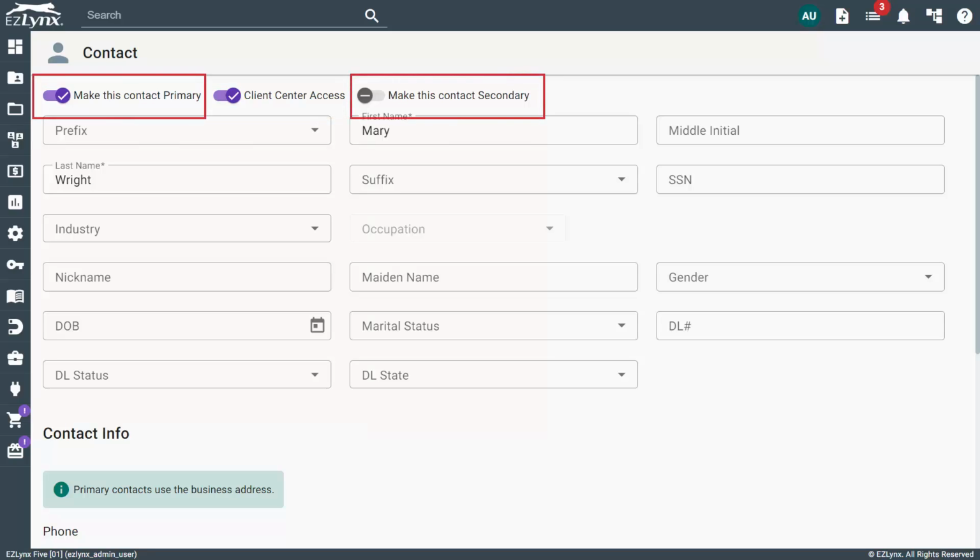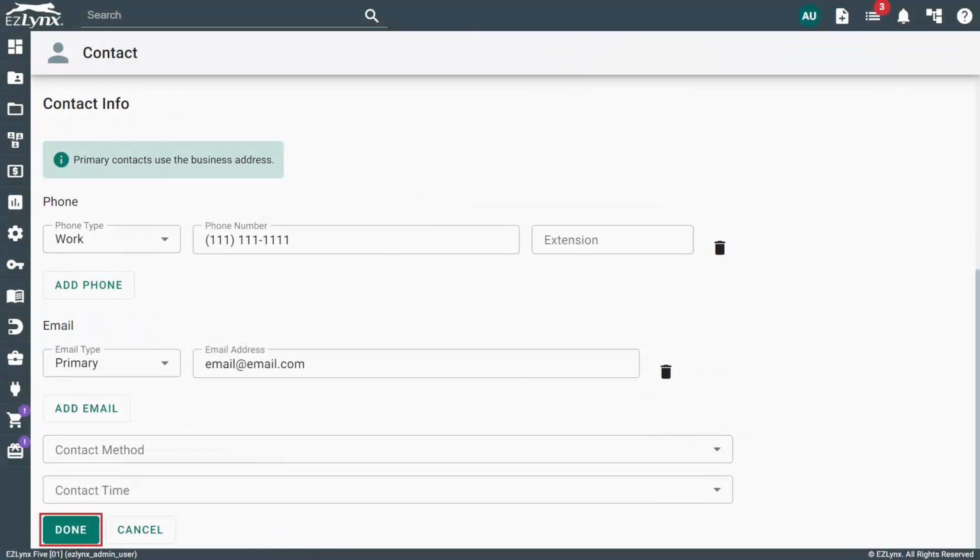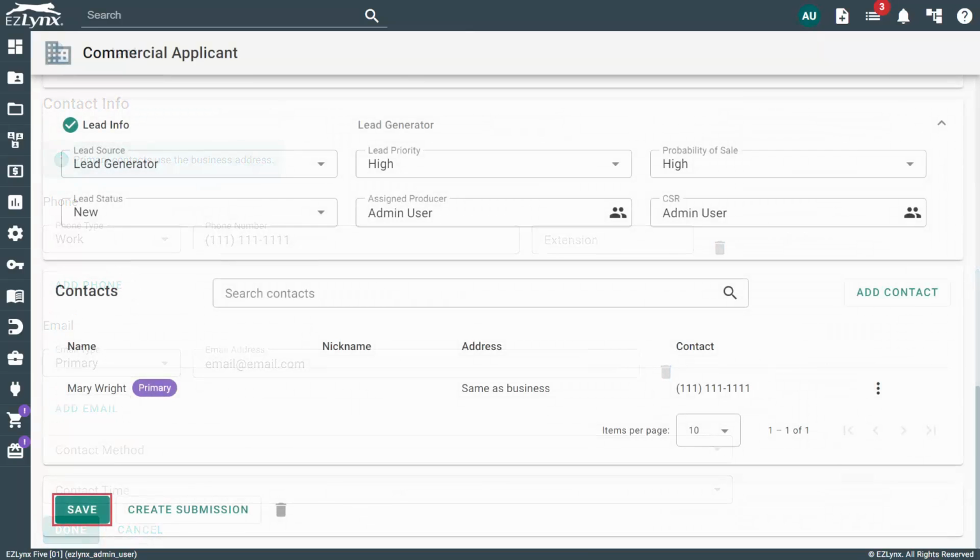While the primary and secondary contact toggles are self-explanatory, the Client Center Access toggle allows the contact to have access to your agency's Client Center, if applicable. To learn more about EZLynx Client Center, watch the Client Center training playlist. Once you fill out all of the required information, scroll down and click Done to return to the commercial applicant page. When you're finished adding all necessary information for your new customer, click the Save button at the bottom of